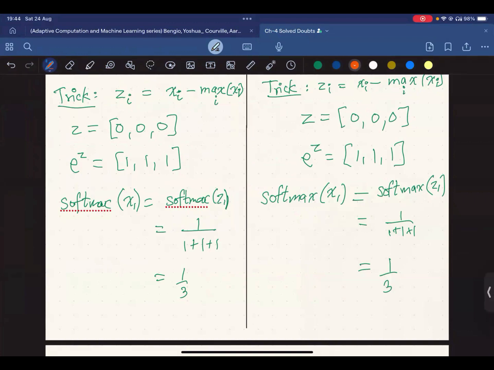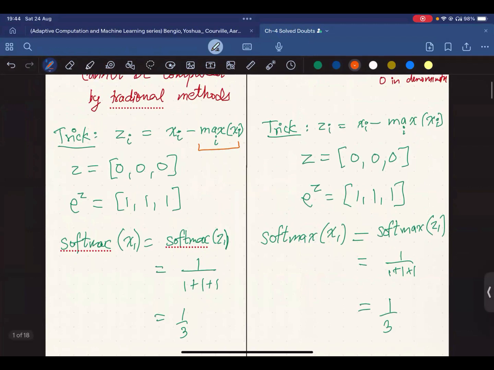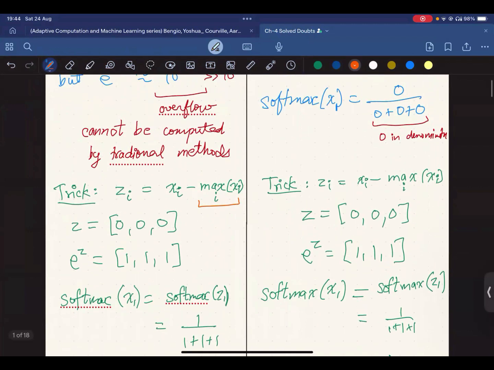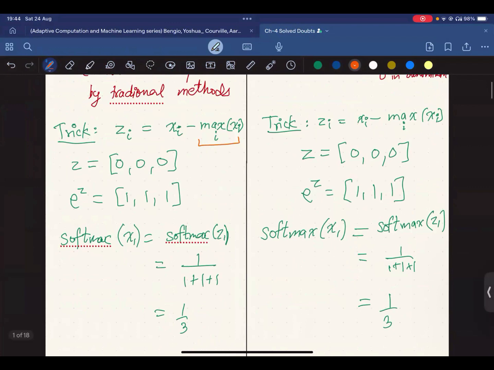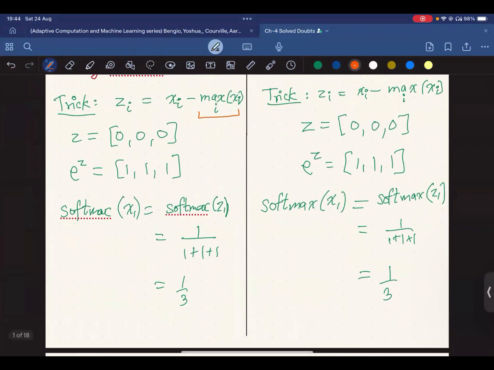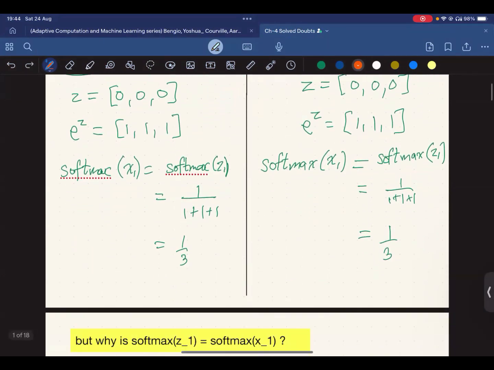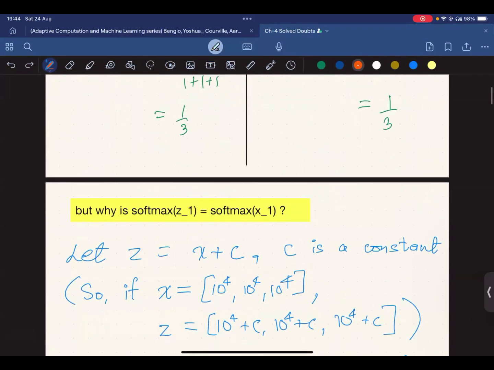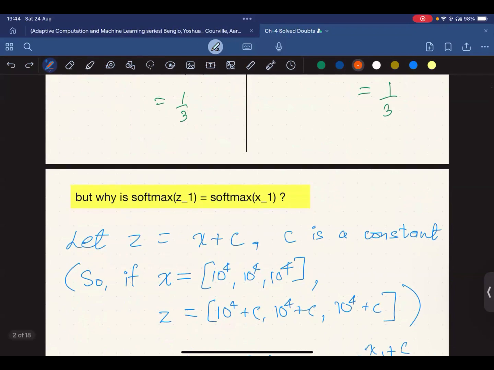So let me just, yeah, we leave it as it is. The reason is that max of x will be constant for all i's. Max of xi will be some quantity. Let us say x2. So if x2 is maximum, no matter what i is, this will be x2 always. So if z equals x plus c, where c is a constant,